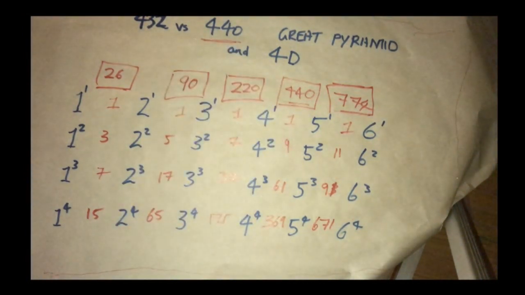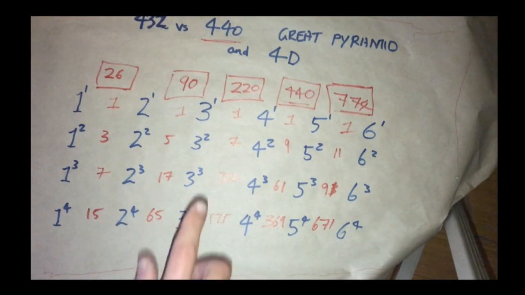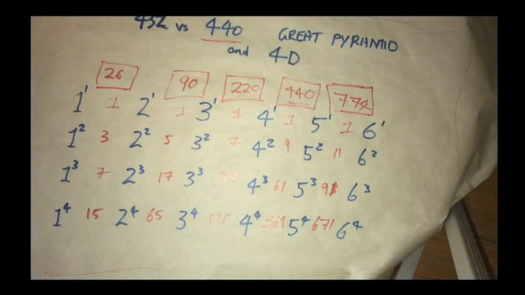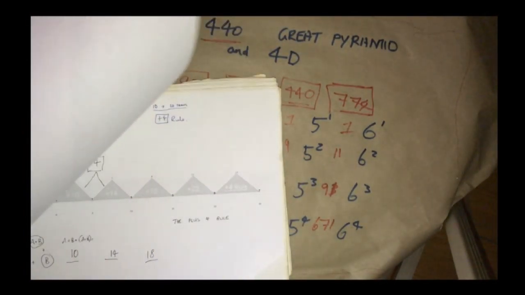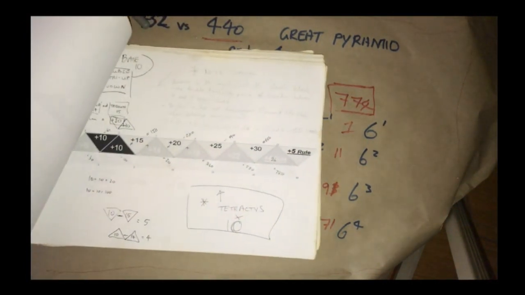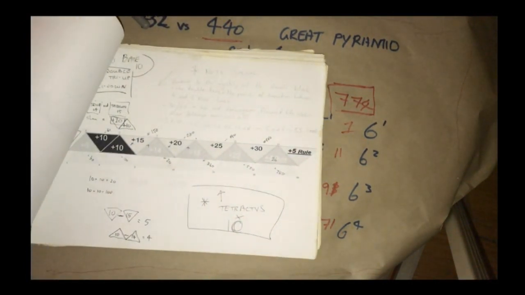I prefer 432 because of the harmonic scales, because it connects to 216, 108, 144, 288, 72, all those types of numbers. But if you're a bit of a math number nut like myself, if you start mapping these out, there's some really, really interesting connections that come from this in regards to even, for instance, the Tetractys and